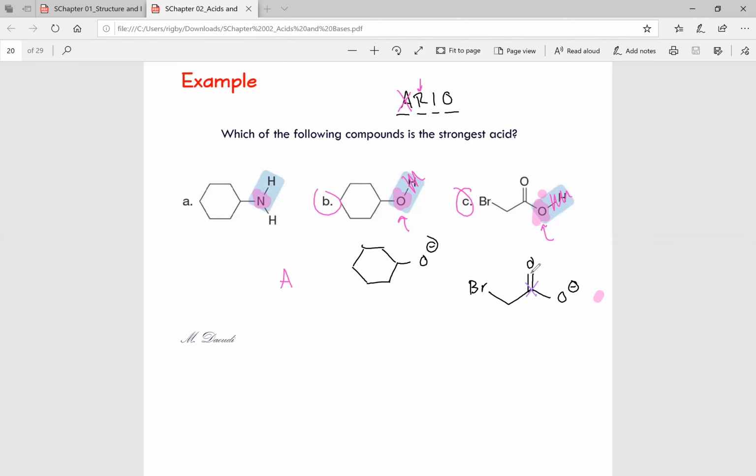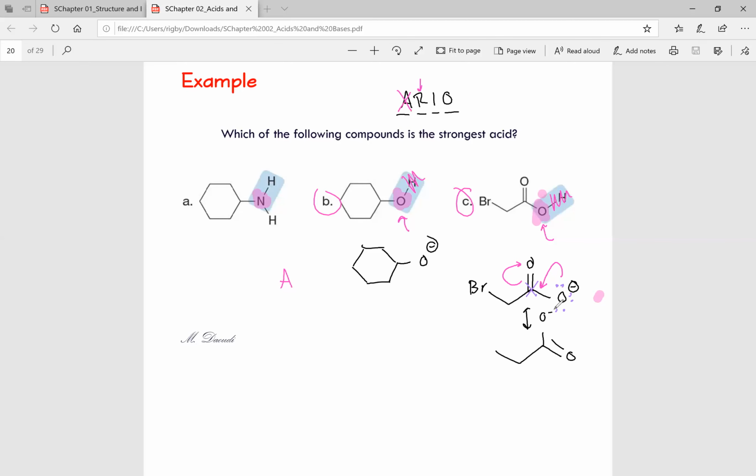What sp2 hybridized for a carbon means is that it has a double bond somewhere. It doesn't care where the double bond is as long as it has it. In this case, an electron pair from the oxygen on the right can move and create a double bond with that carbon, and then the previous double bond can break and go onto the oxygen here. And so we end up with our resonance structure,